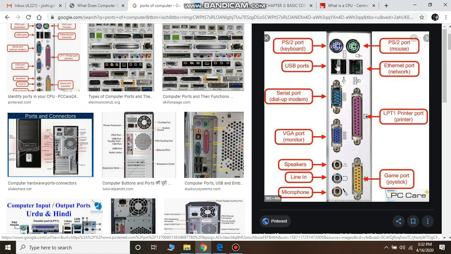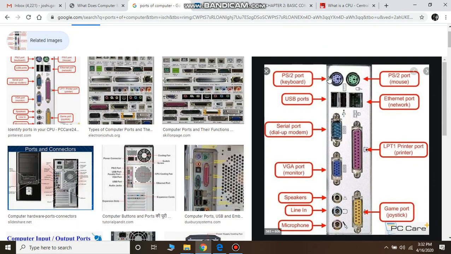That is why we say that these ports also supply power to the devices. Next we have the PS2 port. The PS2 port is basically a connector which was developed by IBM, and it is a legacy port now because these ports have been replaced by USB ports, because most of your keyboards and mice are now USB enabled, meaning you can connect to a USB port now.